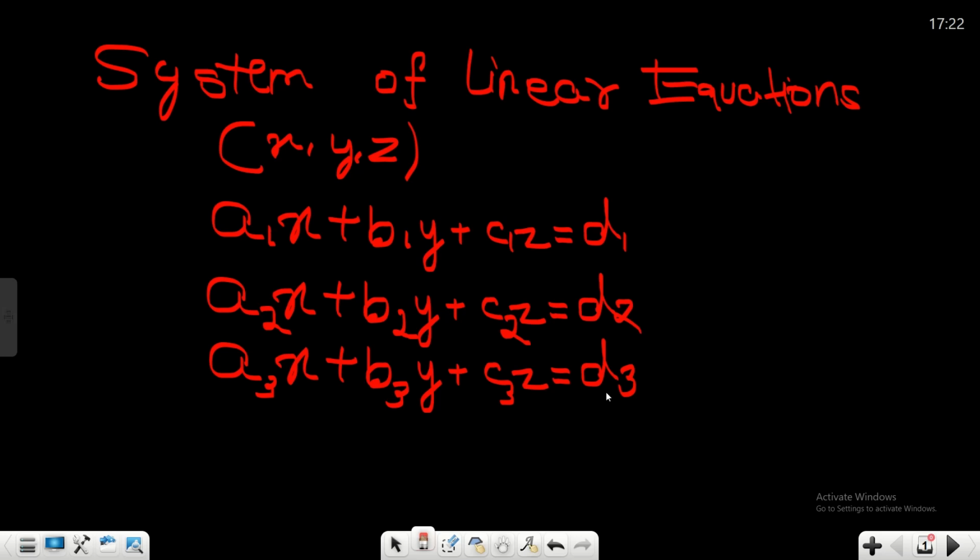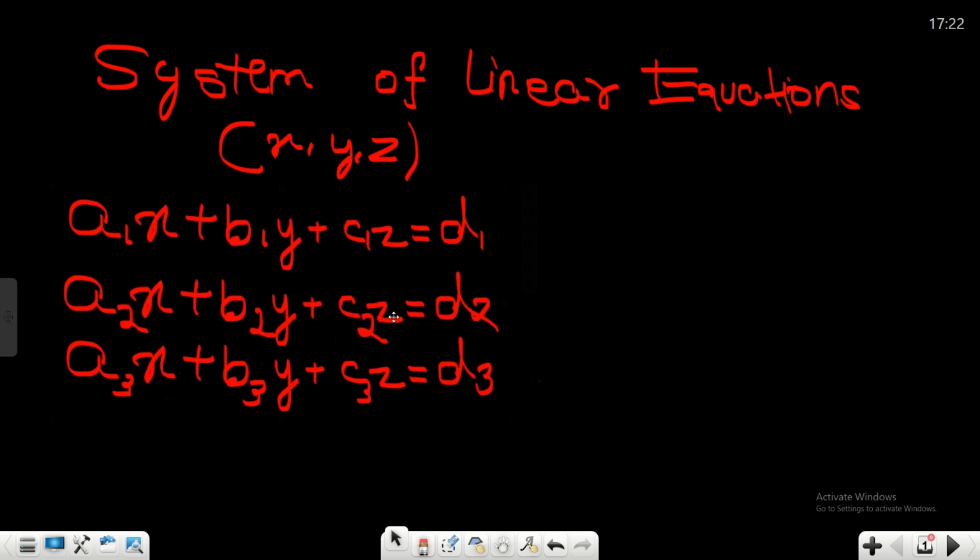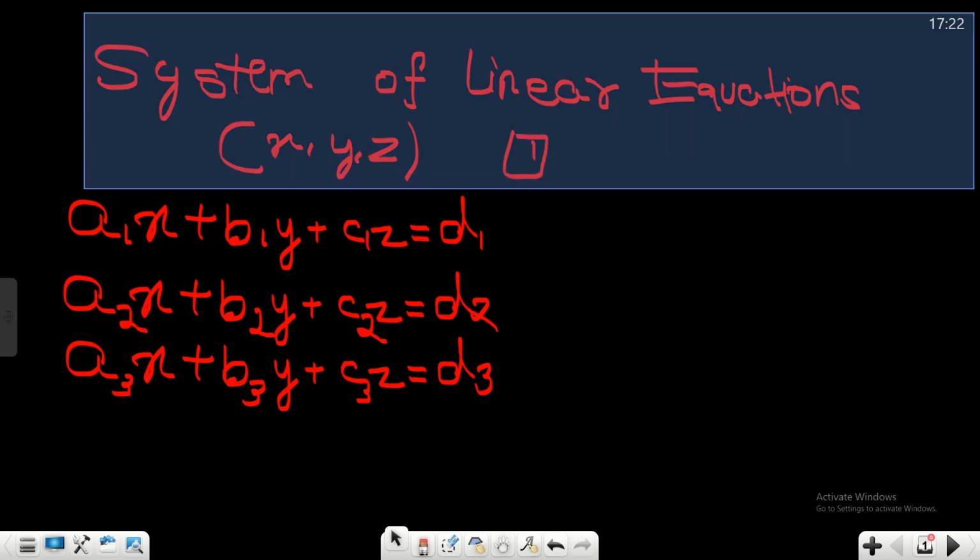If you have this system of linear equations, and if you want to know the relationship between these coefficients when this system has infinitely many solutions,